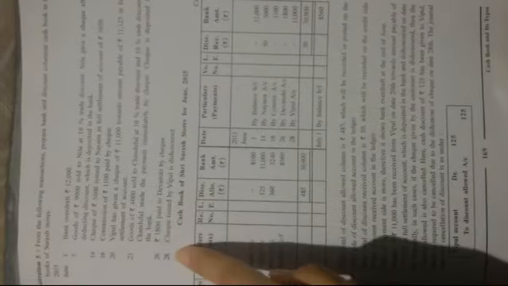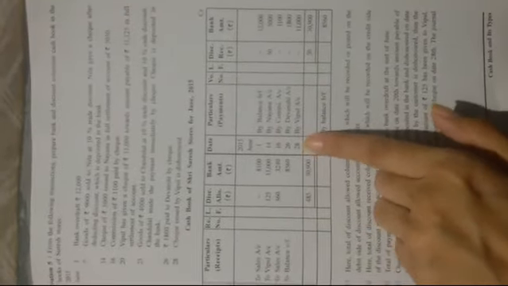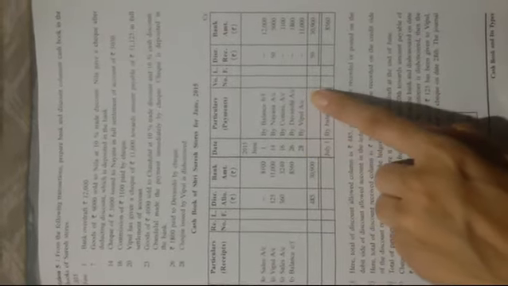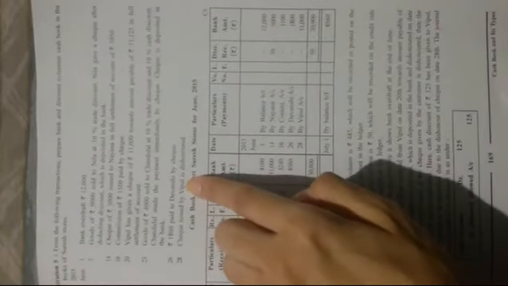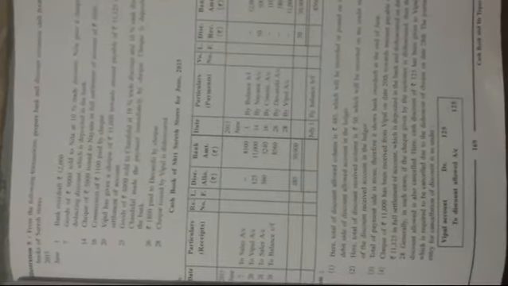And the last transaction is 28th June. Cheque issued by Vipul is dishonored. Issued means the cheque which was given by Vipul is dishonored. So here bank balance is decreasing because it is dishonored. Therefore, it will be shown on the credit side. 28th June, by Vipul's account, 11,000. Vipul paid the cheque of rupees 11,000, so the cheque of amount rupees 11,000 is dishonored. That's why you have to write the 11,000 in the bank amount column.